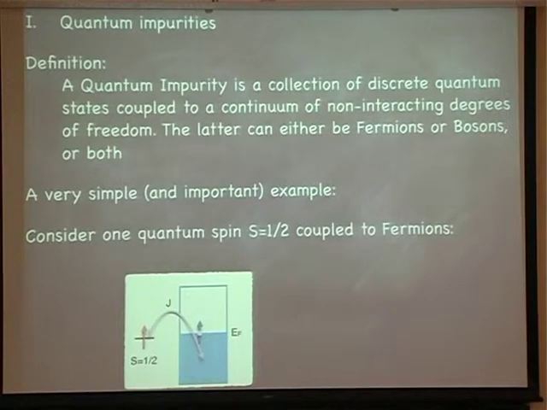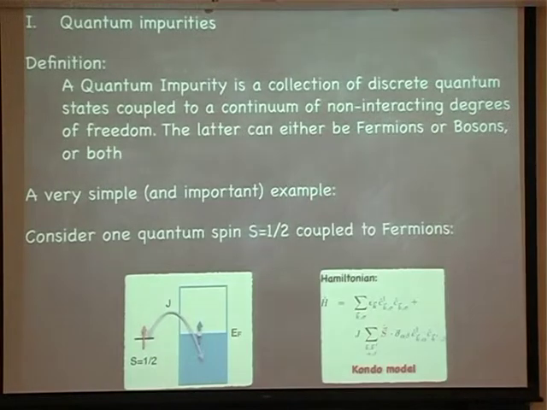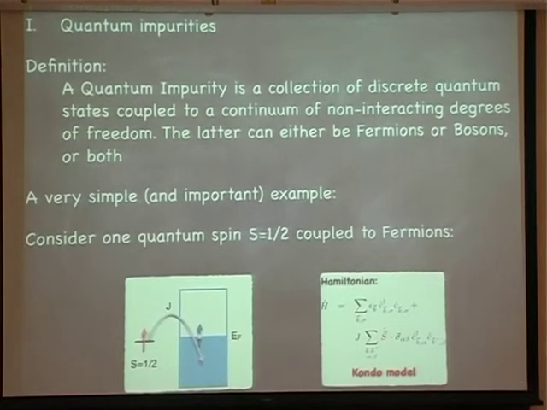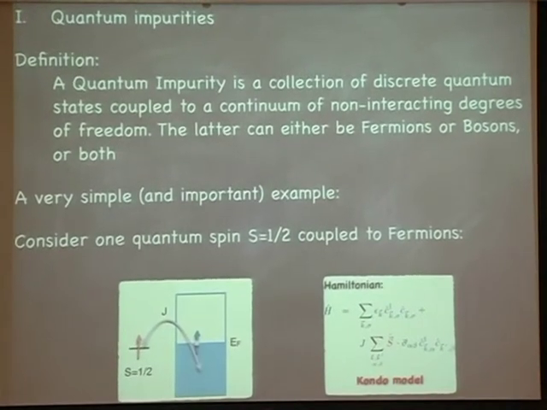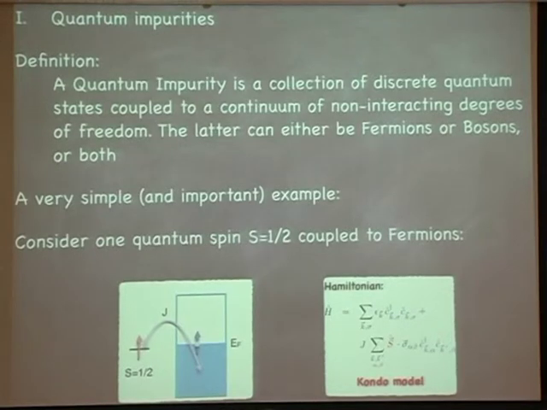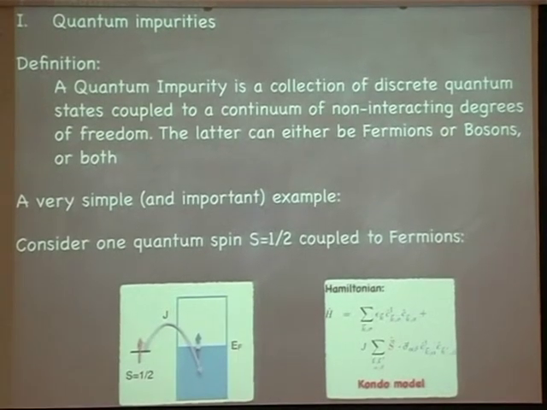This is for the ones who like pictures. For the ones who like Hamiltonians, that's the Kondo model. I hope you can read it. It's given by a set of band electron states, which I call c, typically. They have a dispersion, which I call epsilon k. I don't care at the moment what kind of dispersion that is, where it comes from. I just know it has to be there.